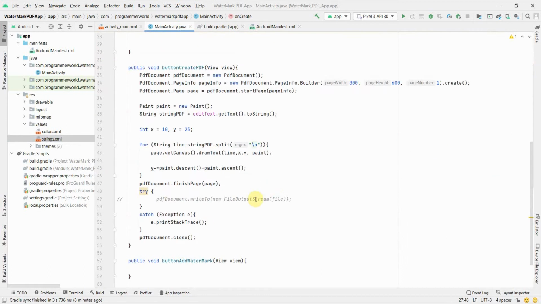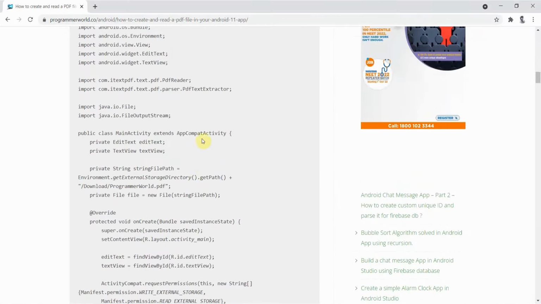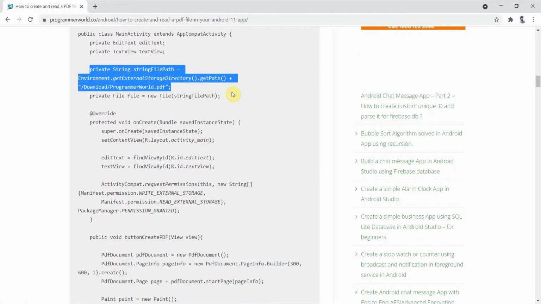Okay, so now we need to define a file variable, and for the file variable again we can go back and check our previous code. What we did was create a file variable using a string like this, but I think it won't work.